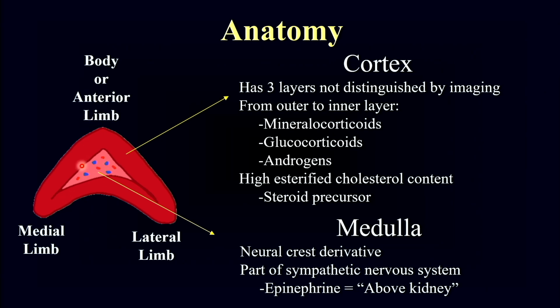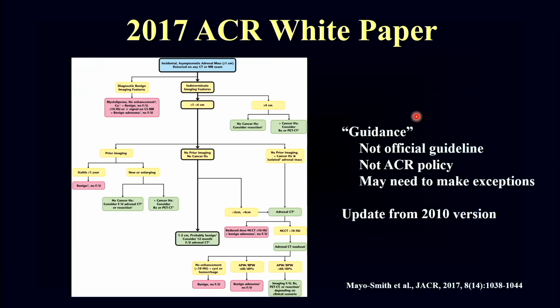And you can refer to the different parts of the adrenal gland based on either the body or anterior limb, the medial limb, and the lateral limb, if you need to be more specific. But in most cases, it's not necessary for us as radiologists to specify which limb or part of the adrenal gland is involved. Okay, so back in 2010, there was a white paper released by the ACR which talked about